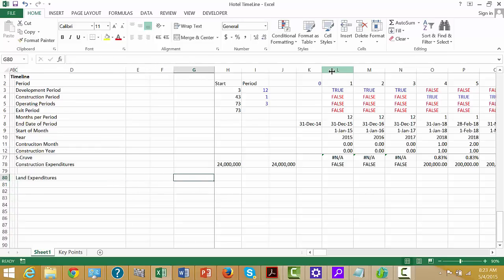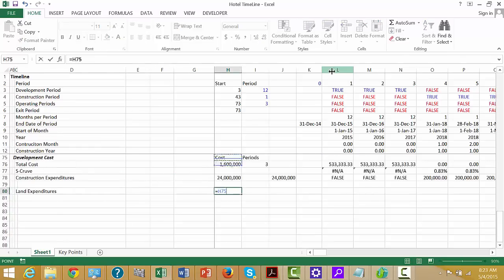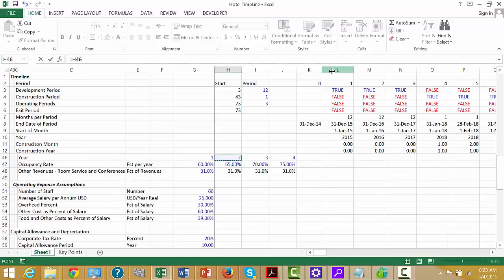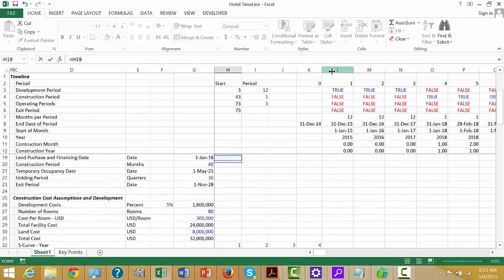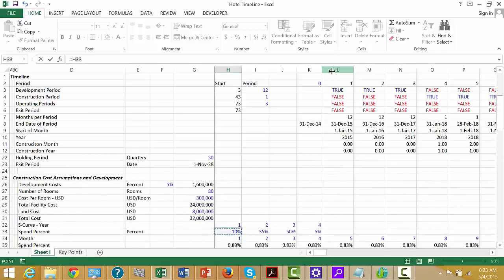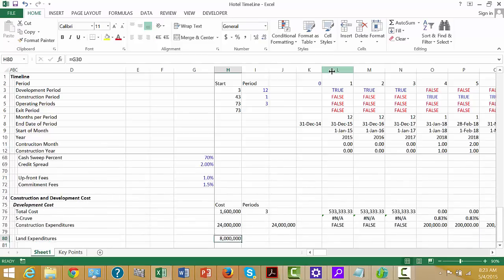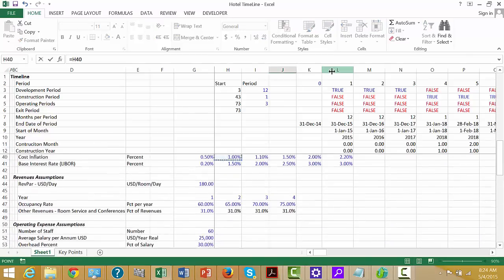Okay, and can you put on this one, let's put the land expenditures, and I suppose we should first put the amount we're spending on this land, and then why don't we put the date on the expenditure? Okay, now